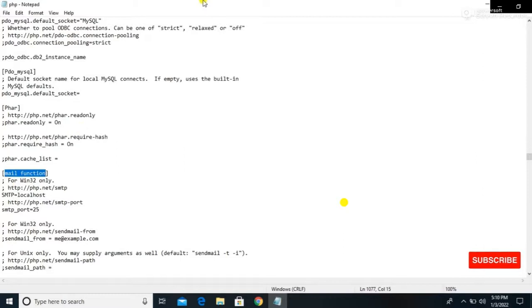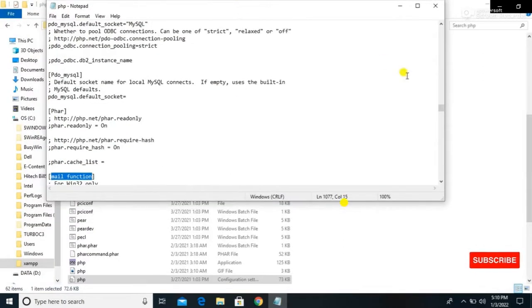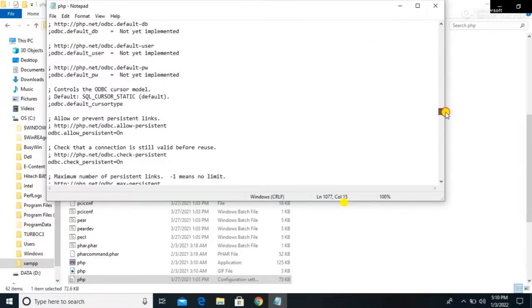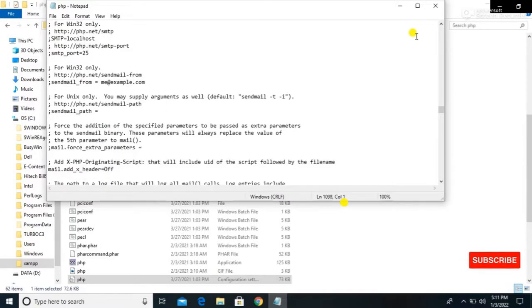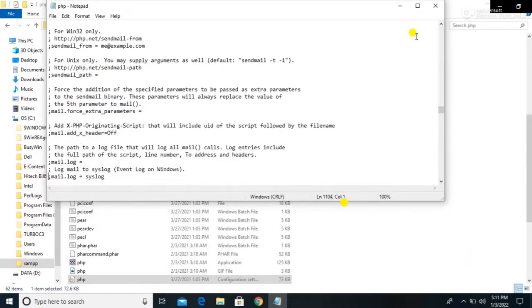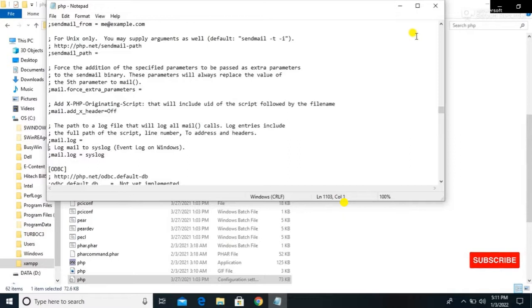We need to edit this mail function to configure the mail in our XAMPP server. So let's first comment all these statements inside the mail function by typing a semicolon in front of every statement. This is how we can comment statements in a configuration file.